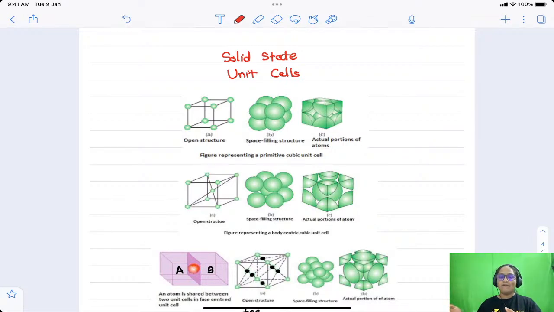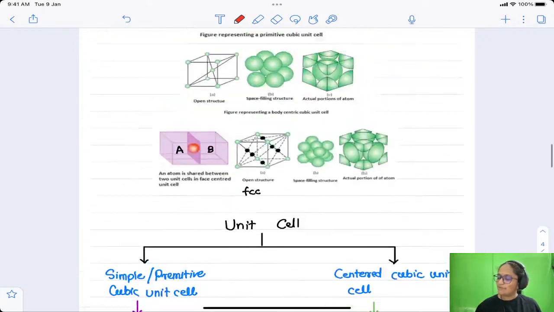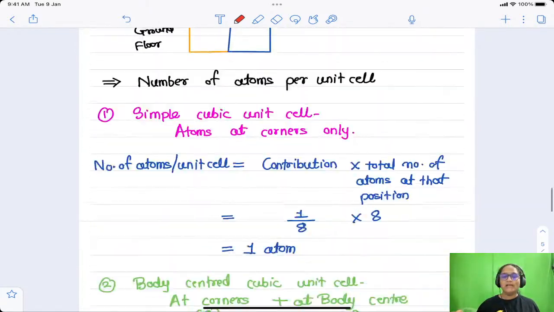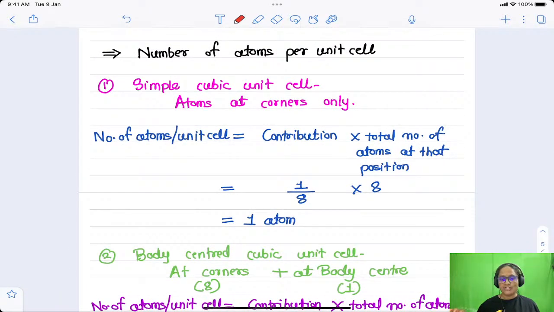What is the next step after unit cell? The next step is how actual crystal is built in 3 dimensions. So when you will learn that, at that time you will understand the other types also. But this is a base. If you understand this, you will be able to understand all the other things in this chapter very well. So there are these 3 main types of the unit cells: simple, that is primitive cubic unit cell, body centered cubic unit cell, and